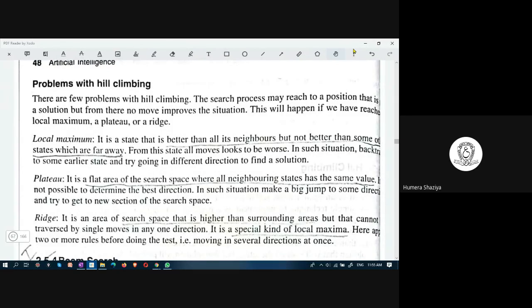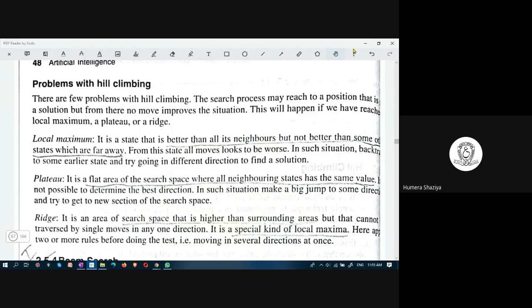What are the problems in hill climbing? There are three problems. Local maximum means it considers the better path among its neighbors. Whatever is the best among the neighbors, it chooses that.